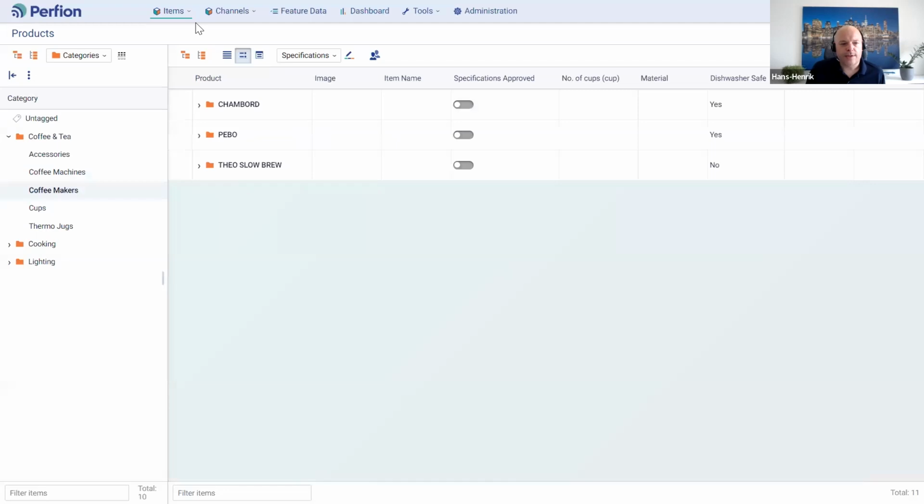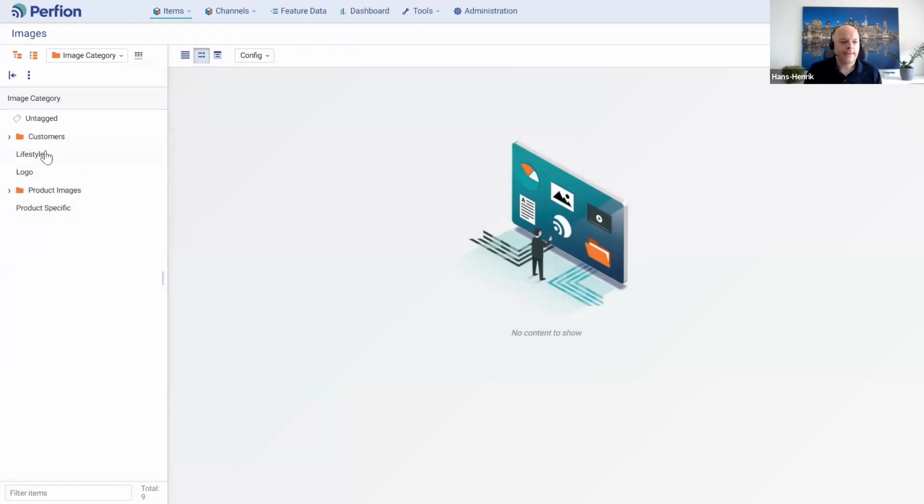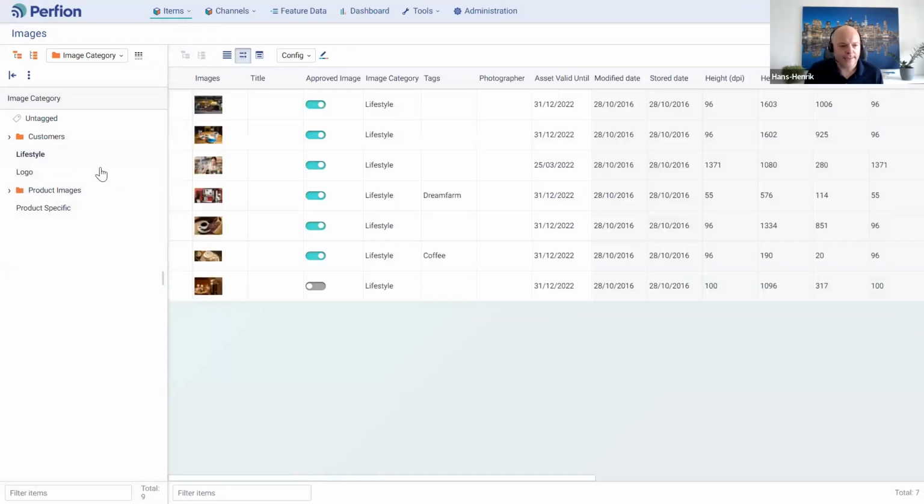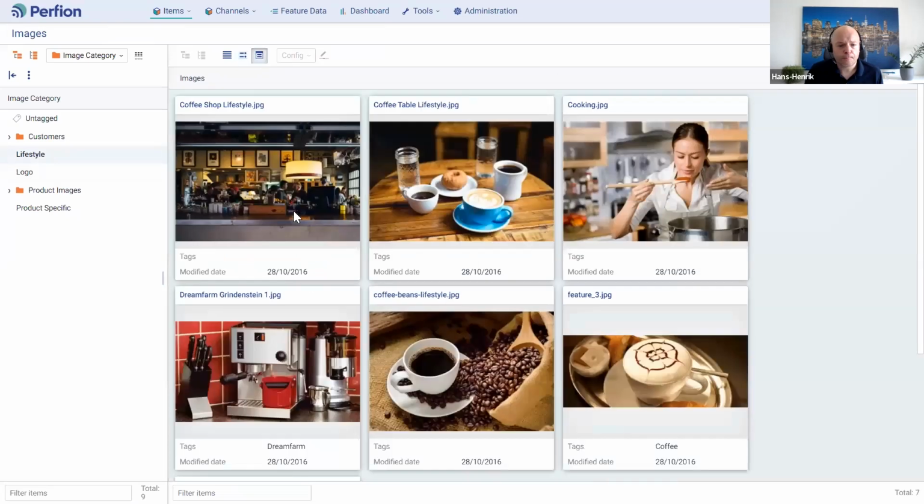I said previously that we also store images in here. Actually, Perfion also has a DAM system built in. The idea is that images used in Perfion could be product related, or they could be generic images used for lifestyle.